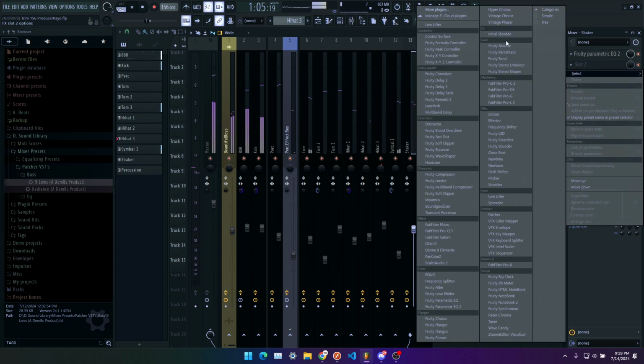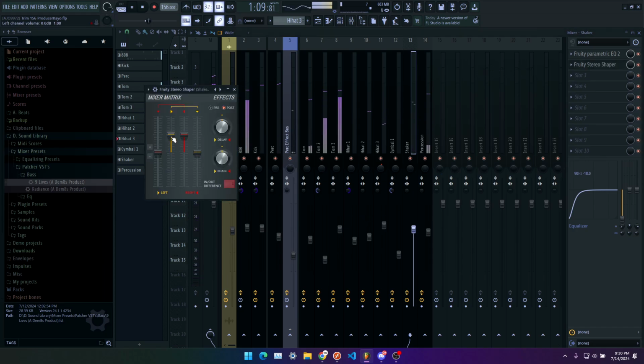So we'll go ahead and add a stereo shaper. And then we'll do the same thing. Copy the values. Once we place